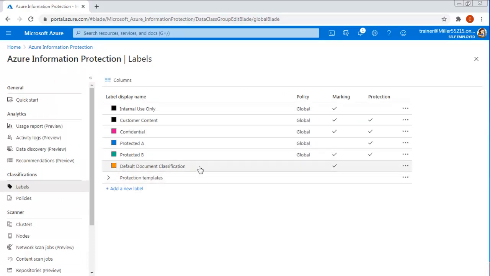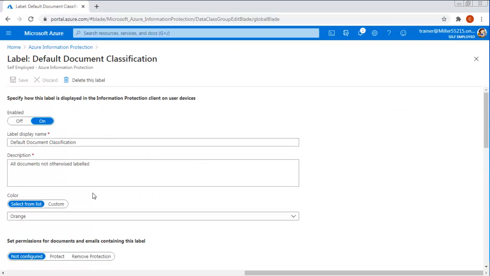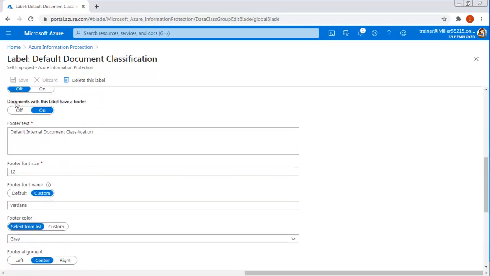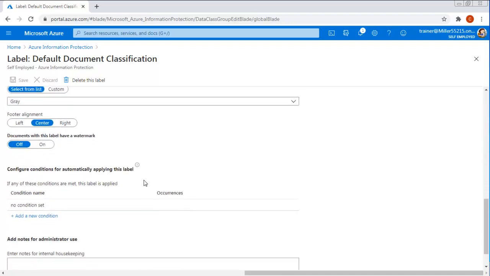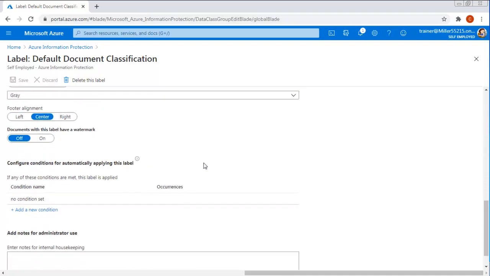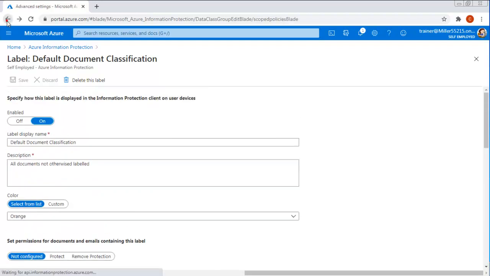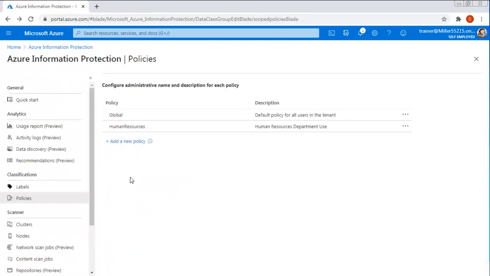Now, how do I assign the policy for that? Well, let's go back. You can see there's the colors, there's the permissions, the visual marking, and conditions. There are no conditions, and the notes. So it's not there. So where do I assign the policy? Well, we need to find the policies themselves and apply the policy and then publish the policy. So let's go to Human Resources,